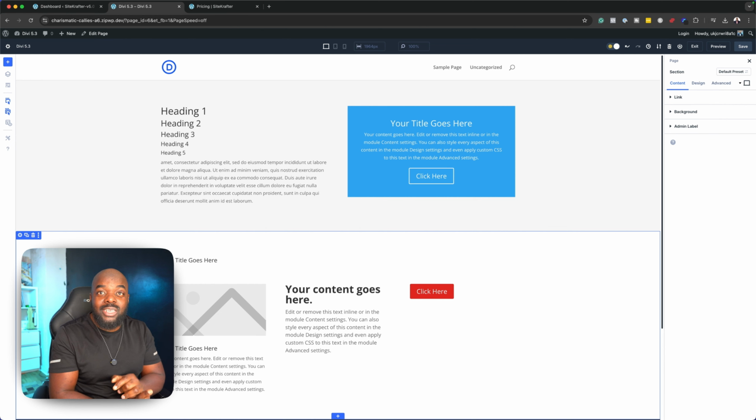You still need to go and set up your colors. You still need to go and set up your footers. You still need to set up your 404 page, your search results page, your blog pages. So this alone, if you wanted to design a website, this will take you days to make sure that everything is looking great. It'll take you days to do that. But what if I told you that